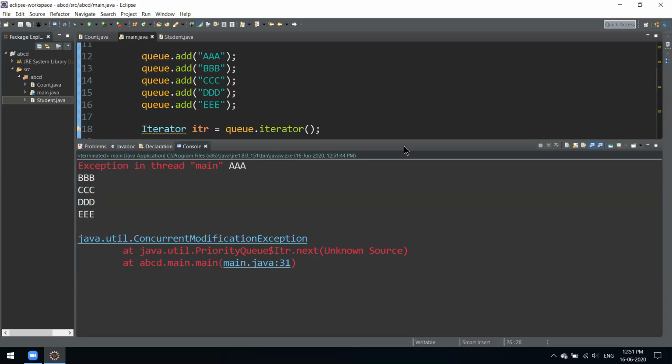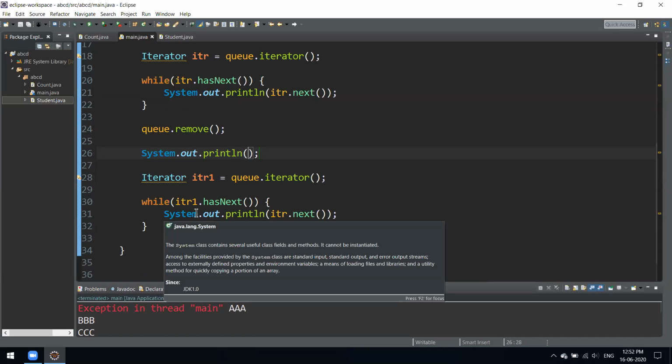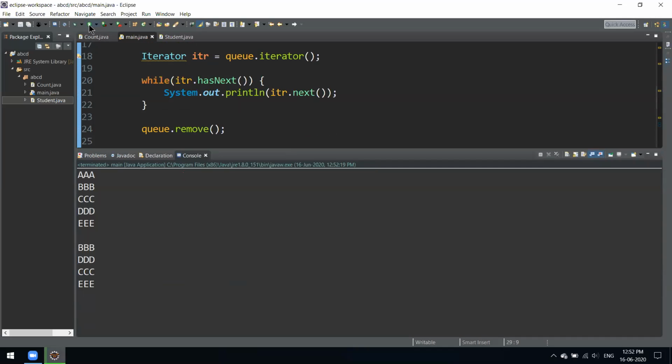Let's see why. Oh, we have named it ITR1, we have to name it ITR1 here also. So yeah.